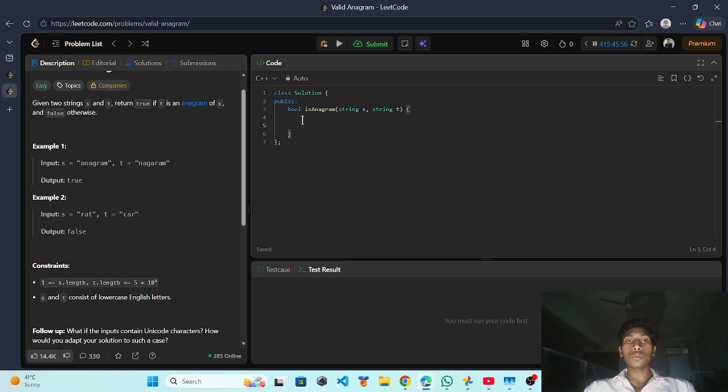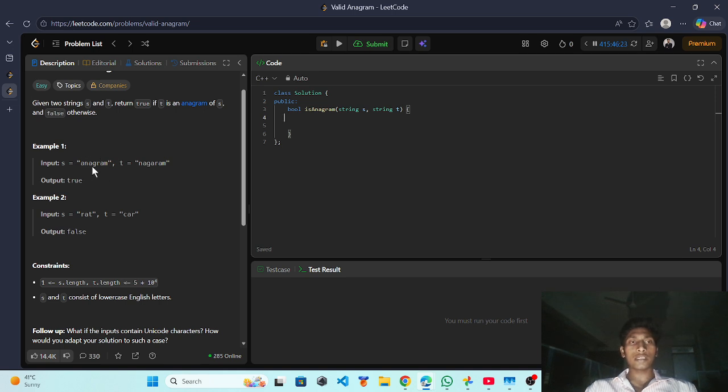So we have to decide on an approach. What will we apply here? Here the applicable approach is the mapping method, where we take a frequency and then count the number of letters.